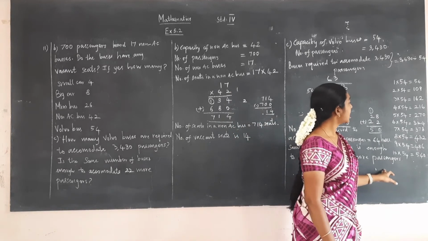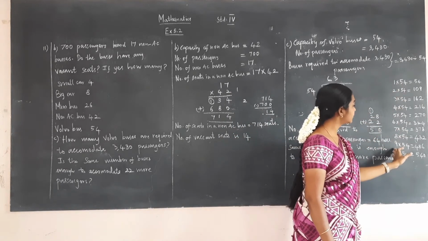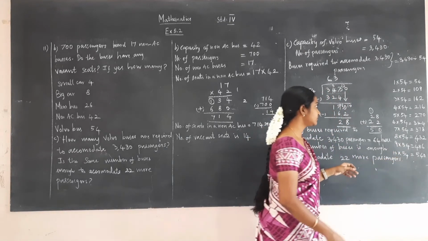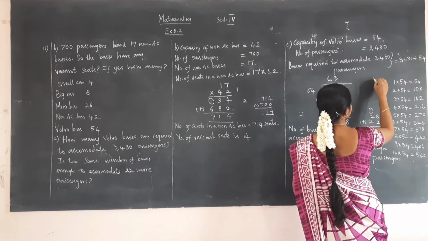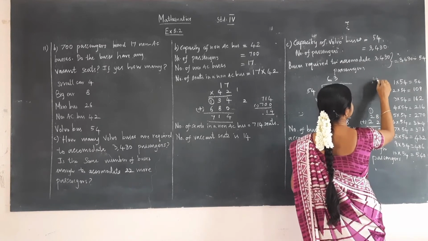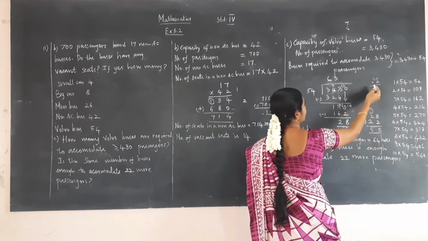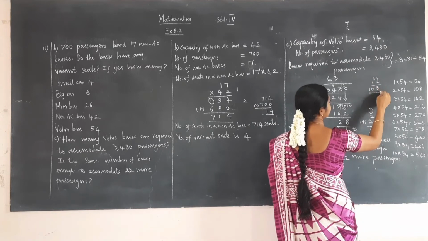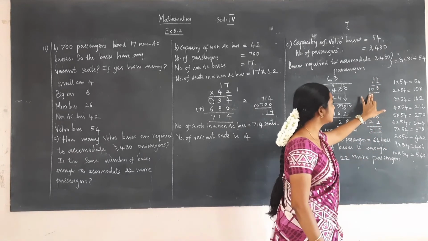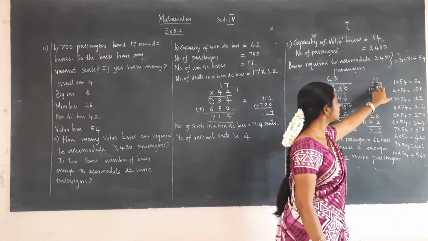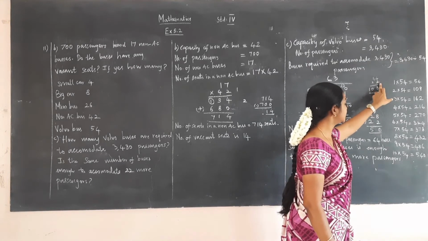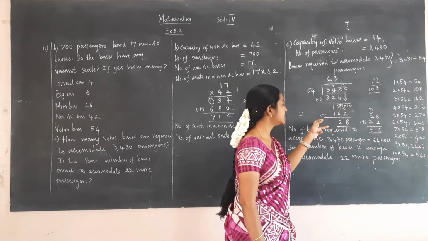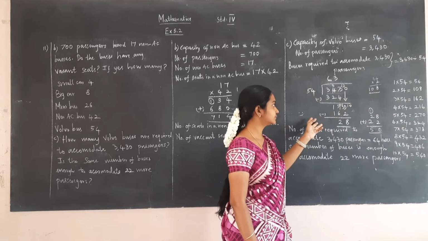For that you have to write the 54 table on your side for the calculation. You have to just multiply 54 into 2 like this. 4 into 2 is 8. 5 into 2 is 10. Like this you have to multiply for numbers from 3 to 10. Then you have to write like this and then divide. Then it will be easy for you.